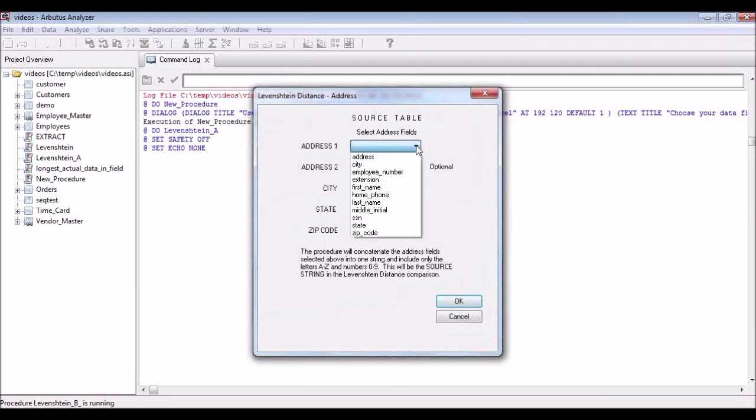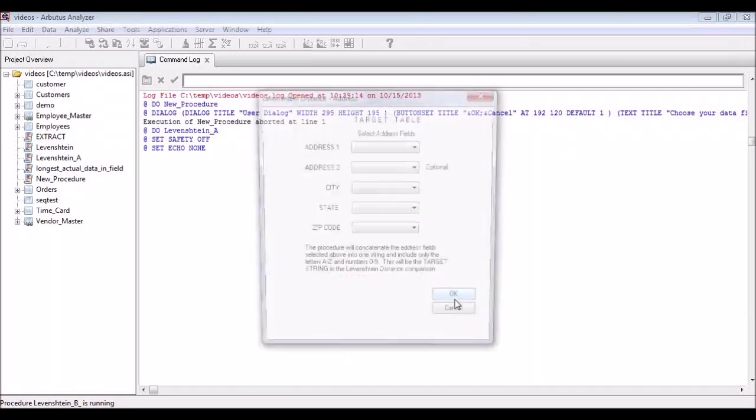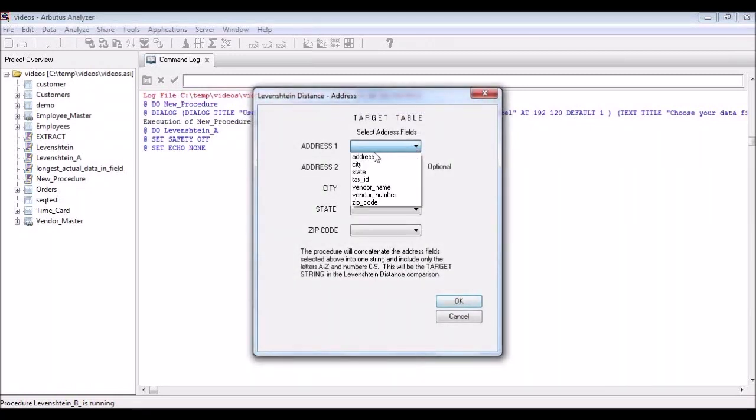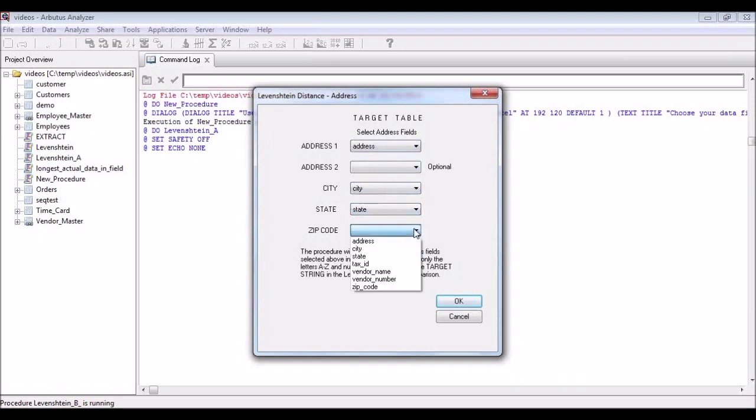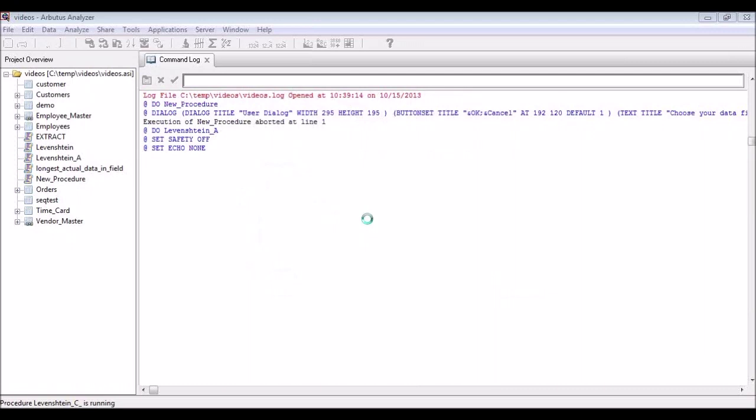And it's asking what fields map to the address, to the city, to the state, for this particular table, zip code, and then the same thing for my secondary table, what fields in the file map to these various different items that we're searching for Levenstein difference on. And when I run the procedure,